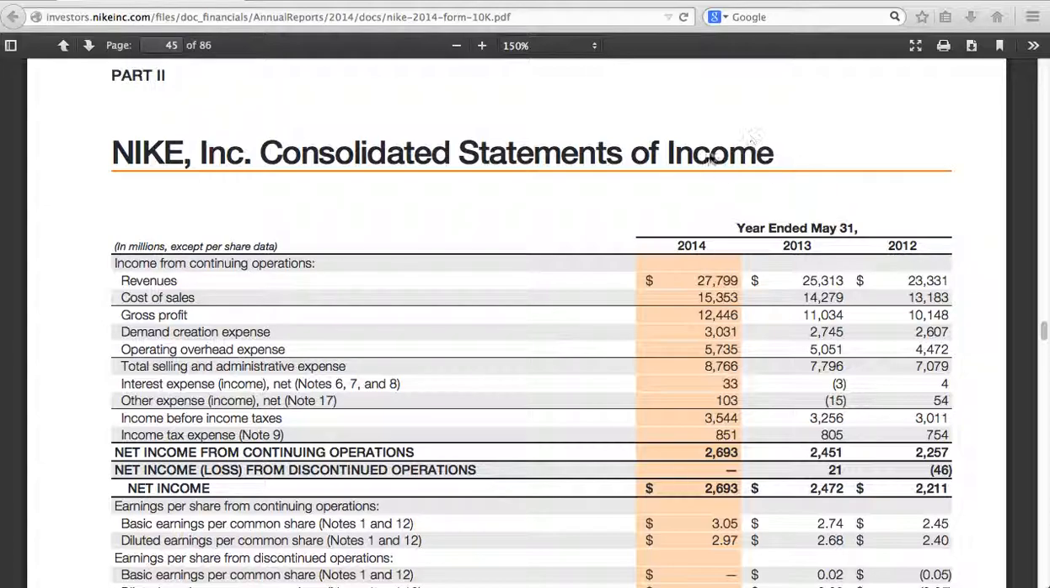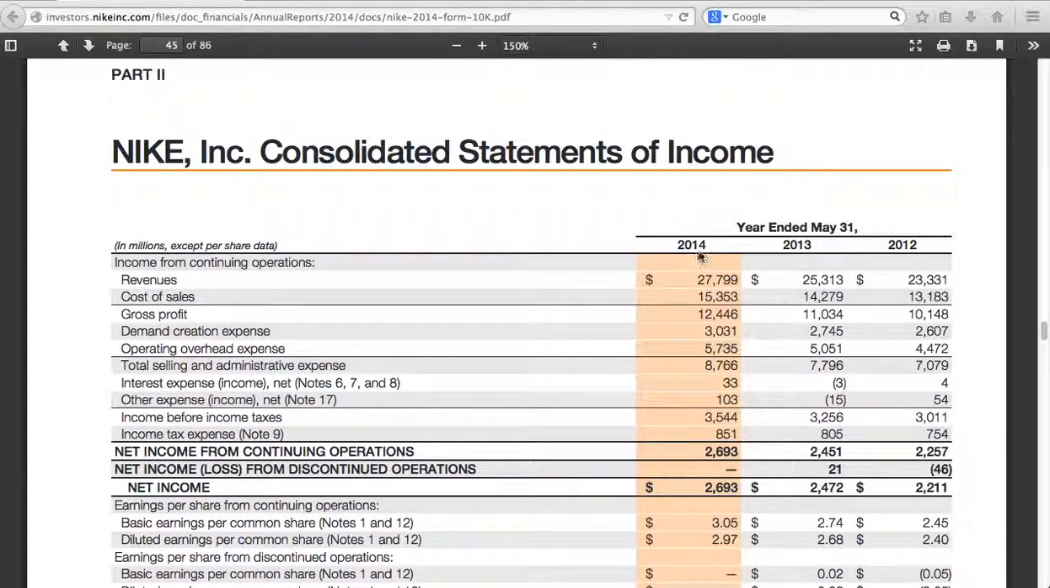So we'll start off. Let's look at Nike Incorporated. You all know about Nike, the big apparel maker. You probably have a pair of Nike shoes somewhere in your closet. You may even have a pair on right now. But we'll look at their income statement here, and if you recall from your Principles of Accounting class, hopefully you've